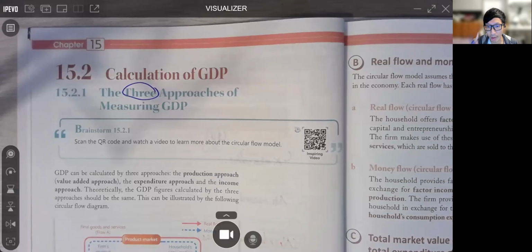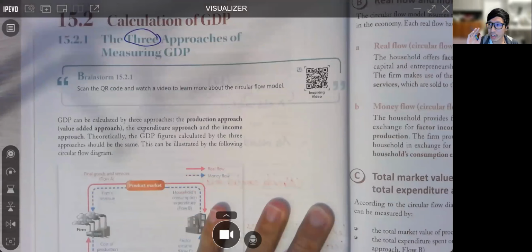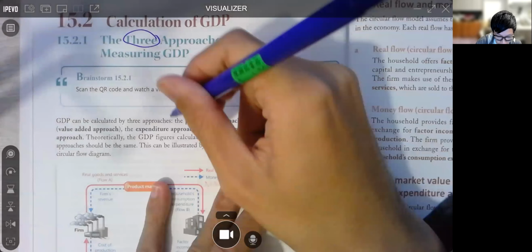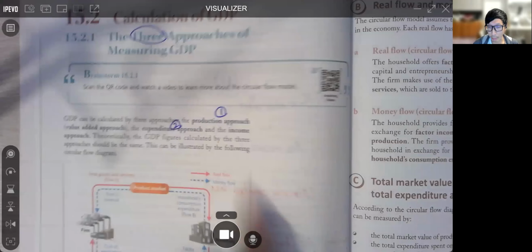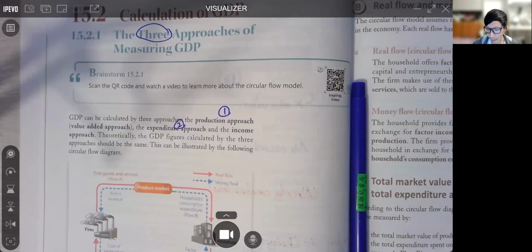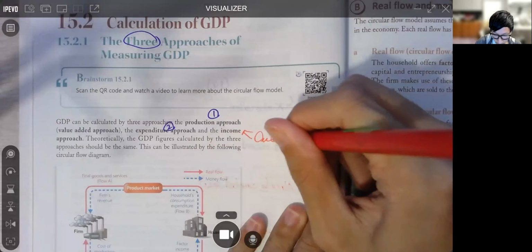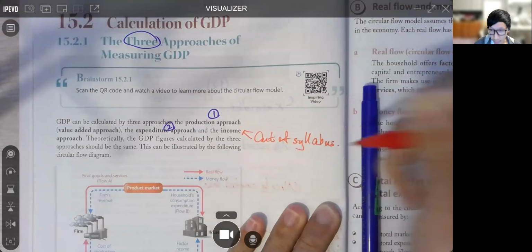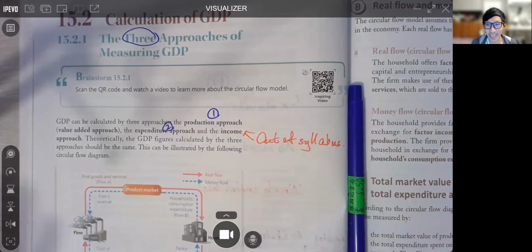But in our examination, we only need to learn 2 of the approaches. The first one is the production approach, and the second would be the expenditure approach. You may say, Sir, they also wrote the income approach. Now remember, in our syllabus, the calculation of the income approach is out of syllabus. So all you need to know is that income, which we already know,